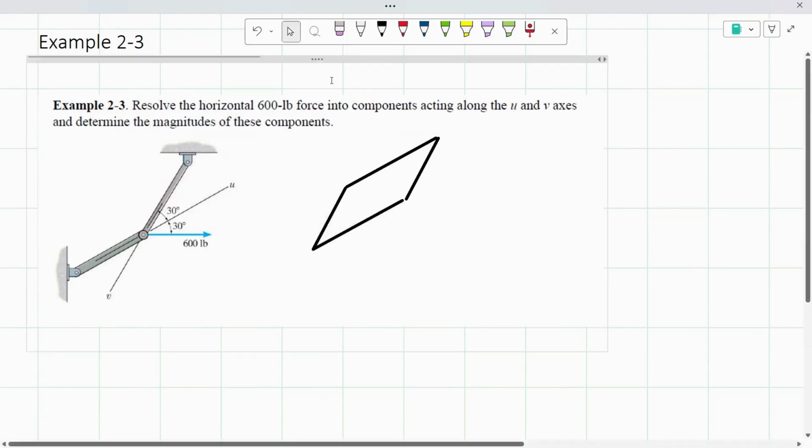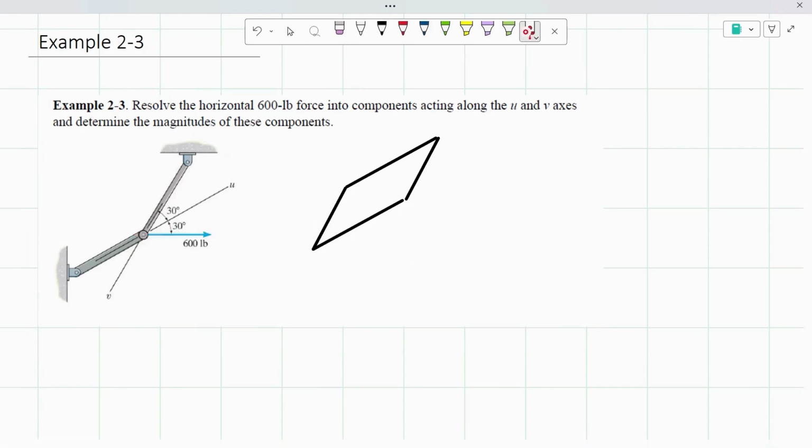And then the 600 pounds that were given to us is the one that cuts right down the middle. I know that it doesn't look exactly the same, but just imagine. What we did is we took these three things that were given to us and we drew a parallelogram with it. From there, we have to find the angles